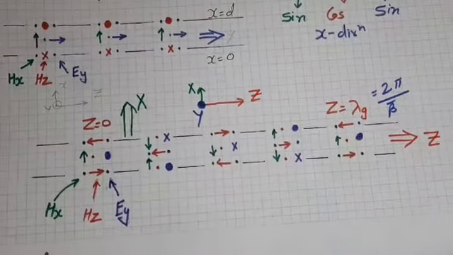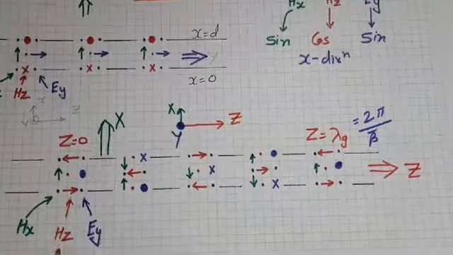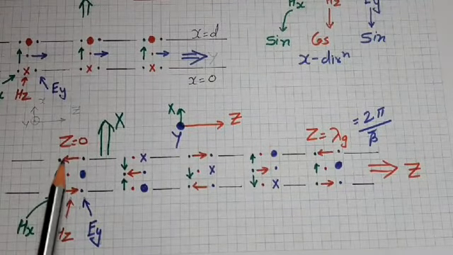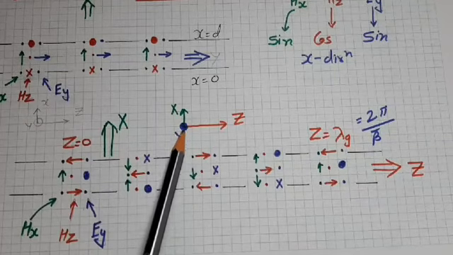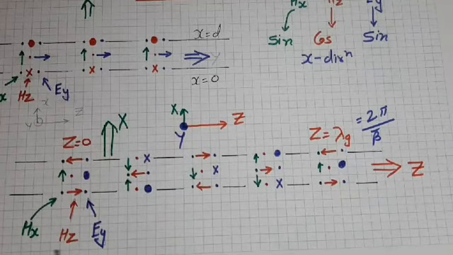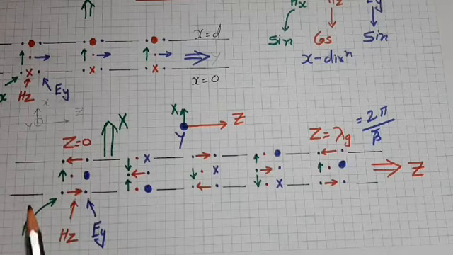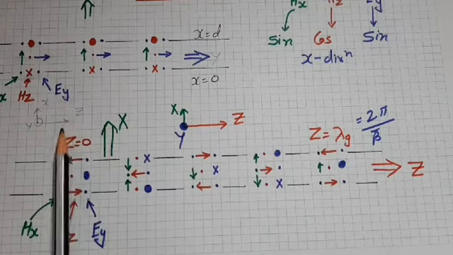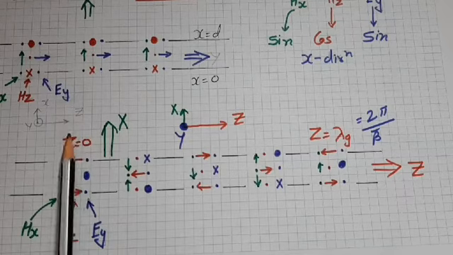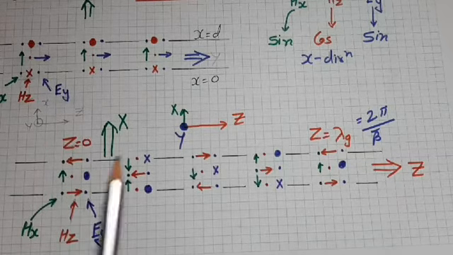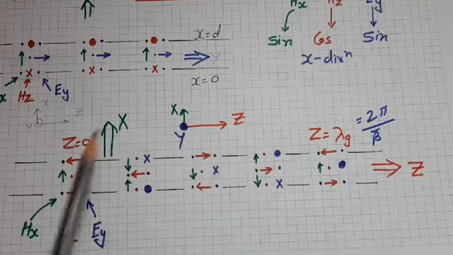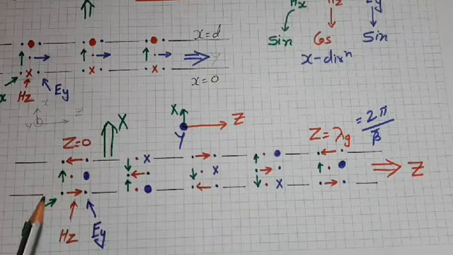In side view, this is x direction, this is z direction and y direction is out from the paper. Now first we plot Hx, Hz and Ey for z is equal to 0. Z is equal to 0 is the point where waveguide starts. As we know, in x direction, field variation would be according to these functions. So first we plot x direction variation at z is equal to 0.